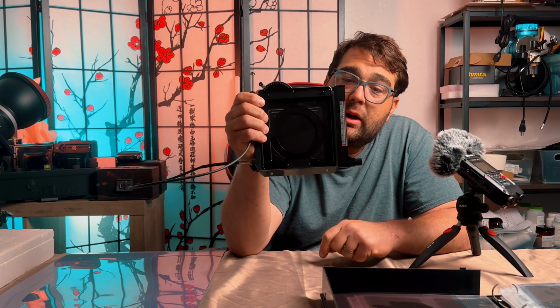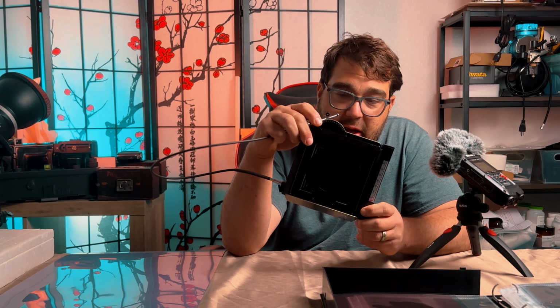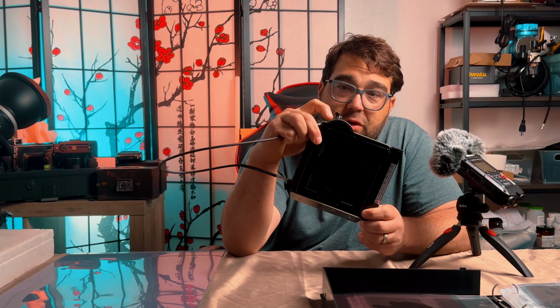I haven't fully tested whether or not this will work, but it has the same diameter aperture as that. So it should be fine for use. My issue is whether or not it will cut off the corners of the exposure if it's too long. I'm not sure. But the interesting thing about these Copal Cinar shutters is that you have 1, 2, 3, 4,